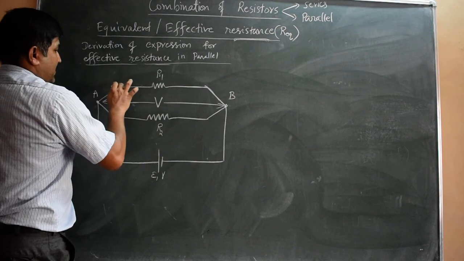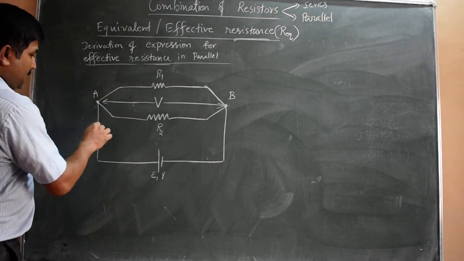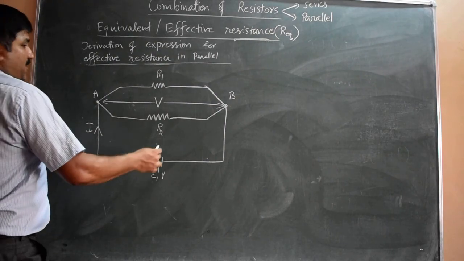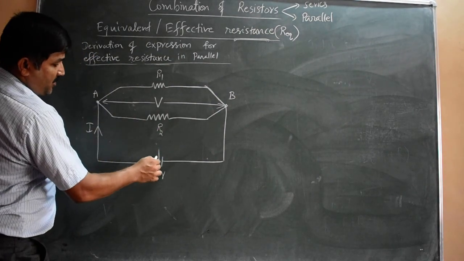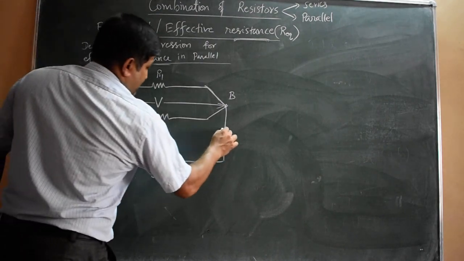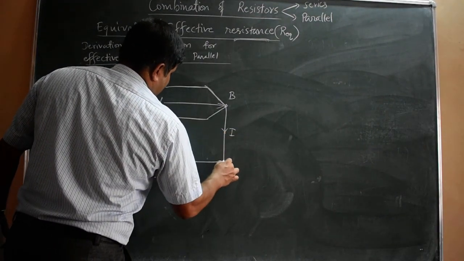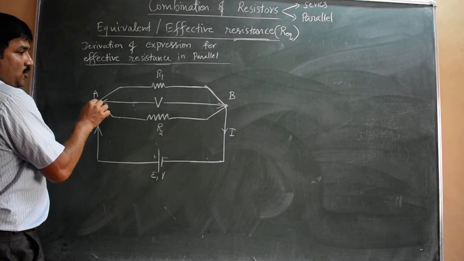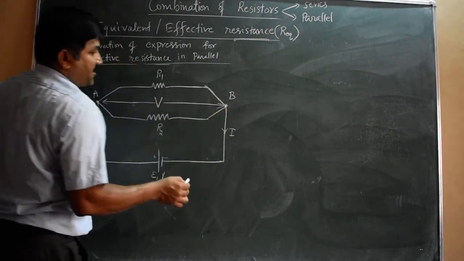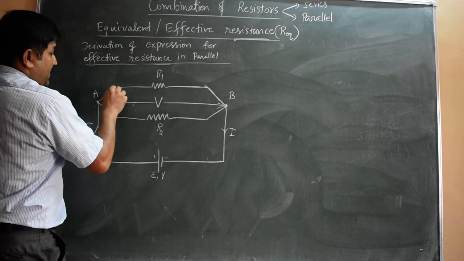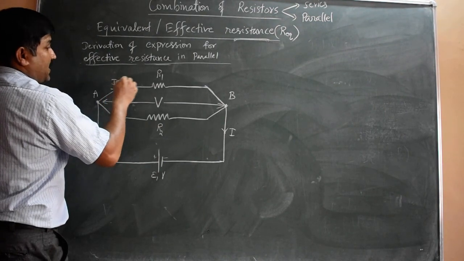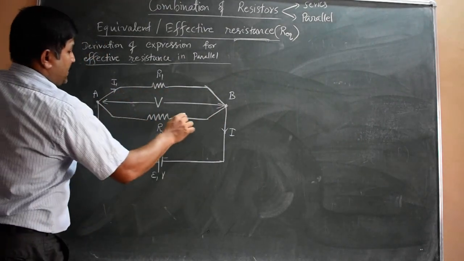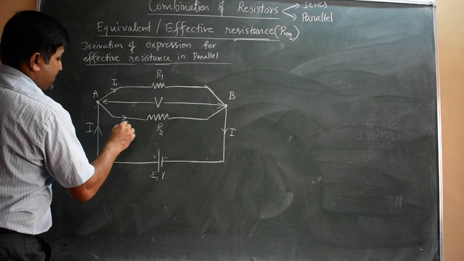Now the currents in the two resistors will be different. Let I be the main current, the current coming from the positive terminal of the cell, and the same current will enter the negative terminal of the cell. This current I at the junction A, which is called a junction or node. A and B are junctions or nodes. Then the current through resistor R1 is I1, and the current through resistor R2 is taken as I2.